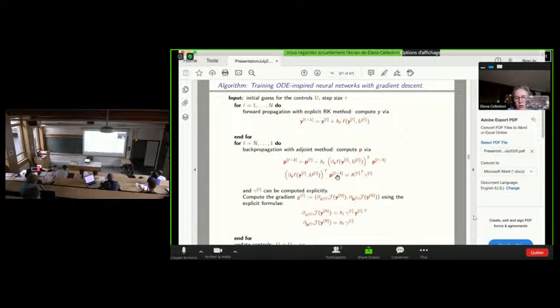Then you have the backward propagation with the companion method, which I don't state here, but it can just be written down from the coefficients of the forward propagation method. And then you have your formulas for the gradients that you can use to update the gradients. And when you have that, you can use the gradients to update your gradient descent iteration, as you see at the bottom of the slide.